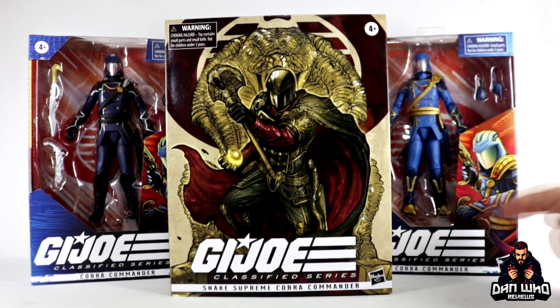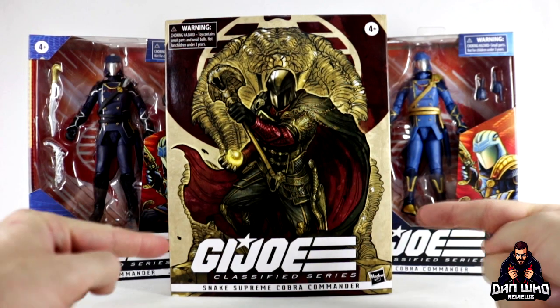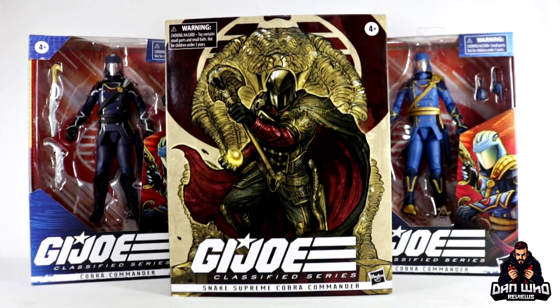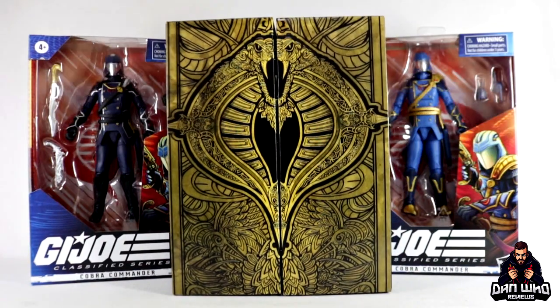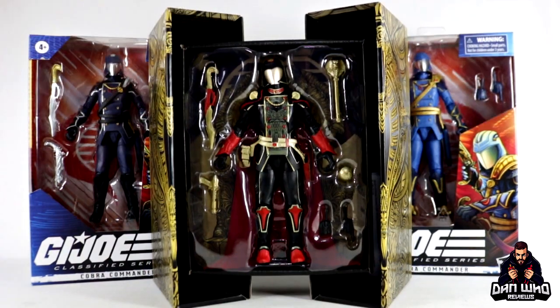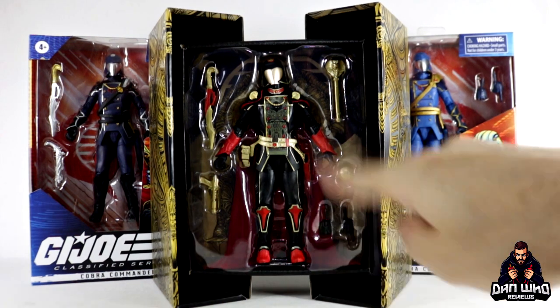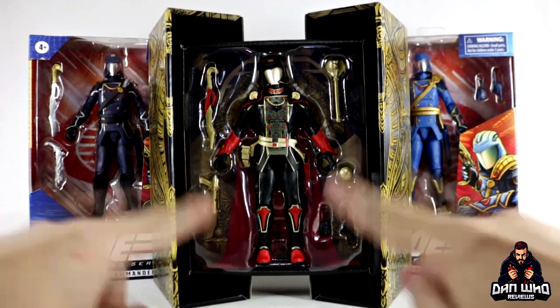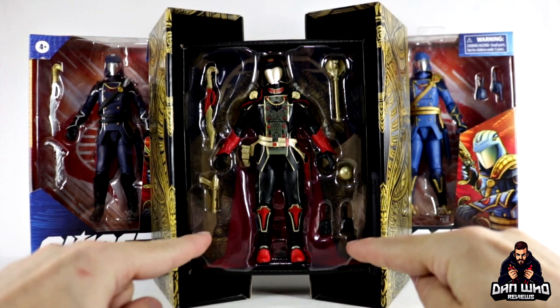So there is the variant sort of royal blue version, and the one in the middle, maybe my favorite, is the Snake Supreme Cobra Commander, which was their G.I. Joe exclusive for Comic-Con in 2020. So yeah, this one is the black and gold. I think I can just open this up, and I do really like this packaging, and there he is in all his gold glory. It's a bit of gold and red. So I actually like the look of this one the best, and it's got a soft good cape as well, and it's got all these gold accessories. So I think out of the 3, just seeing them in box, I do like this one,